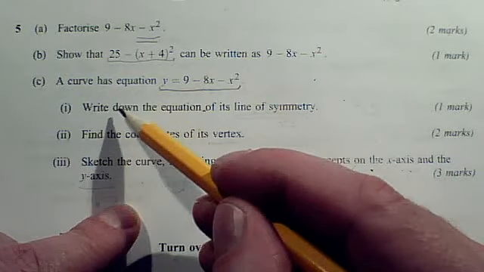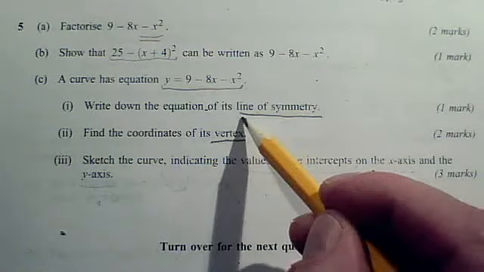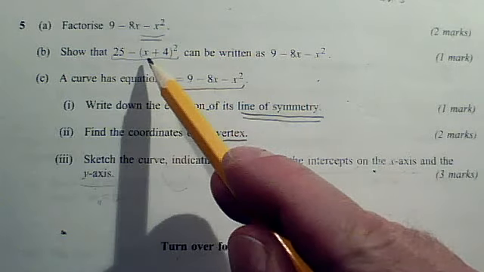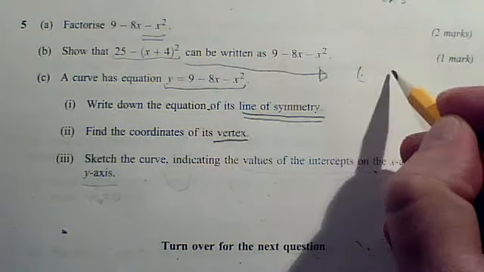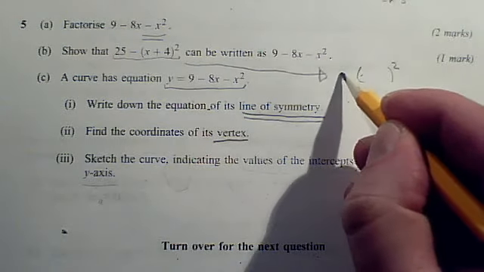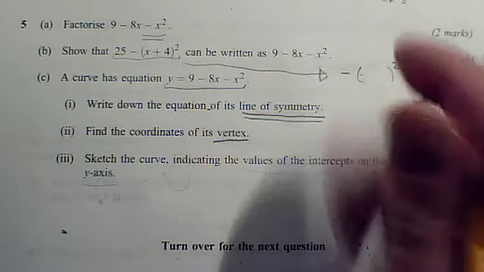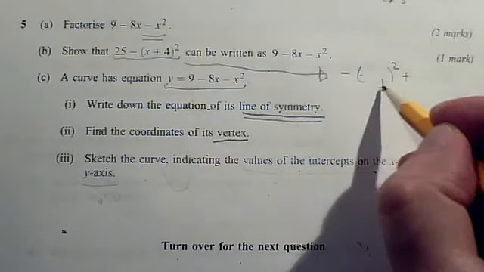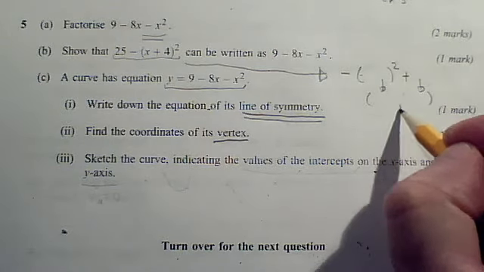And in 1 and 2, what we need for the line of symmetry and for the vertex is the completed square form, which is this one. But you may prefer to rewrite it with the squared bracket bit first. It will have a minus sign in front of it, but you don't much care about that, plus a number at the end. And the values of these two constants with one minor adjustment will give you the coordinates you